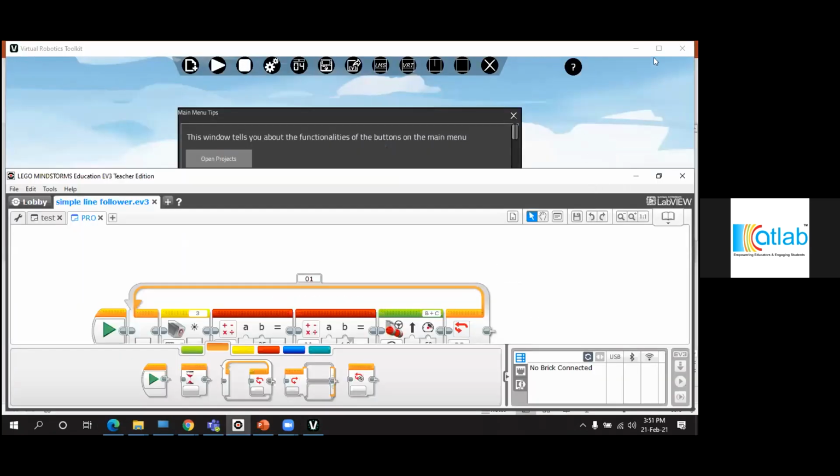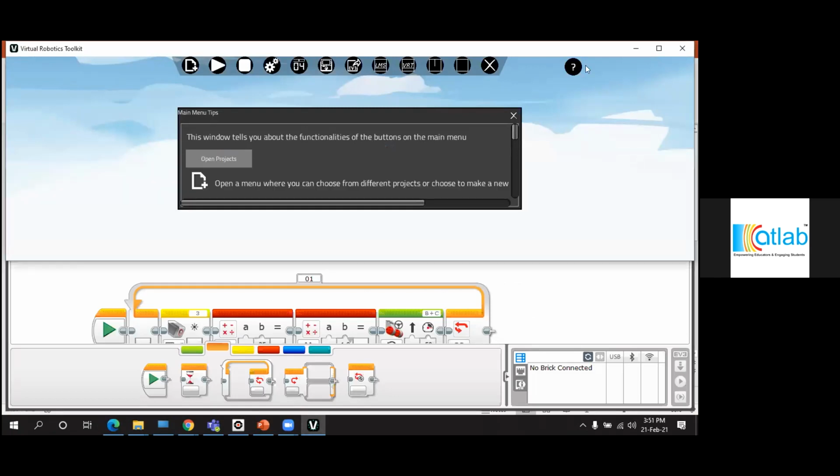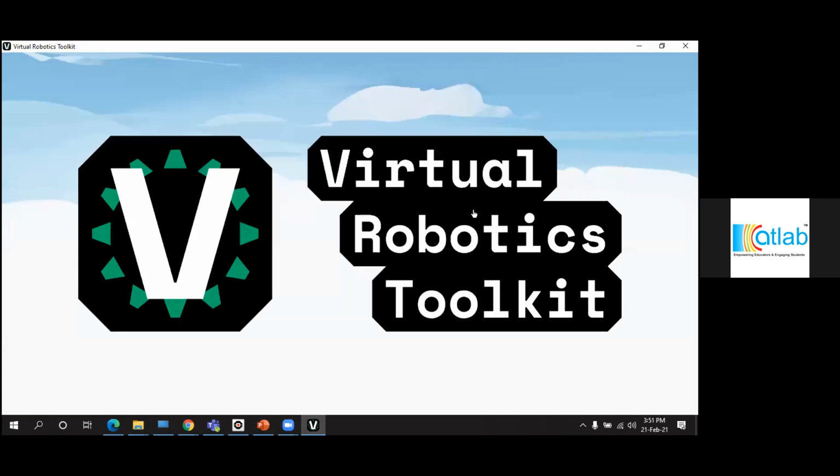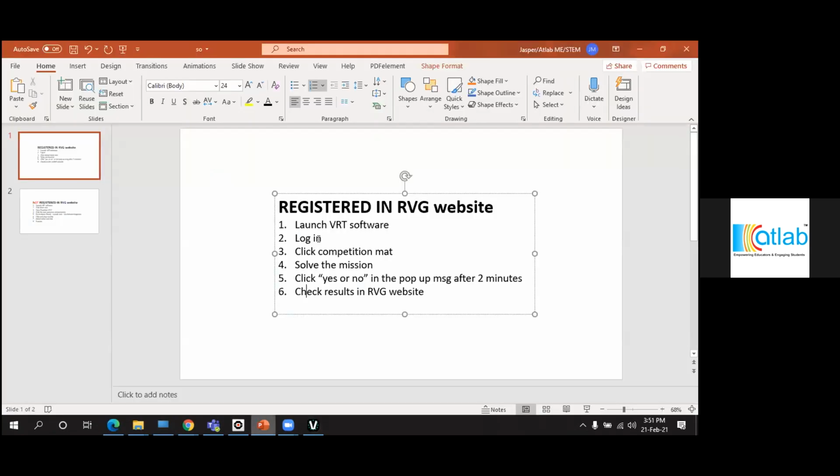There you go. Now I'm going to maximize the Vrt software to full page and close this window. Now we have the Vrt software launched. Let's go to the second point.